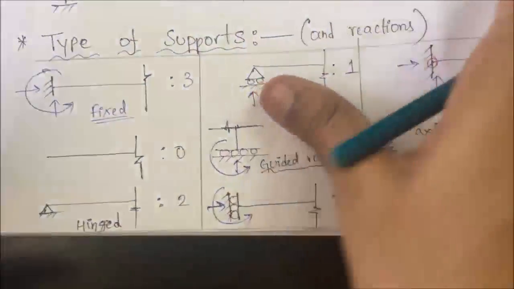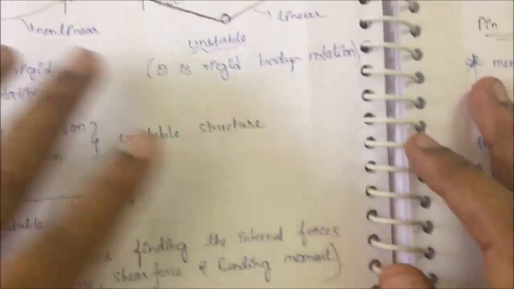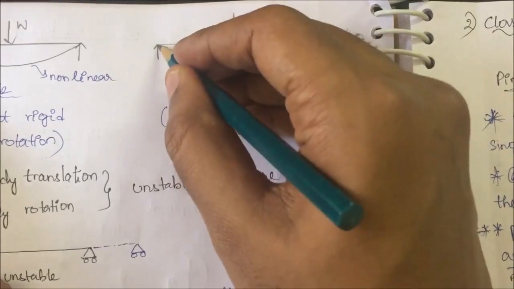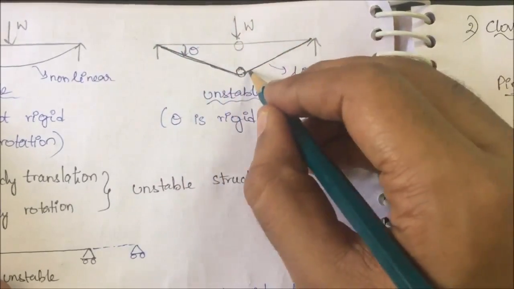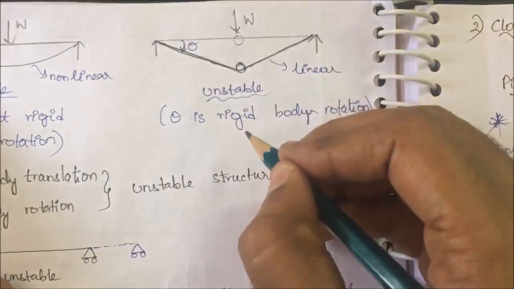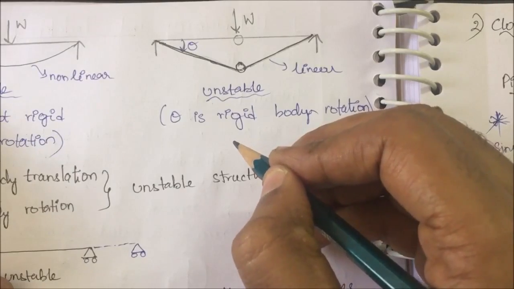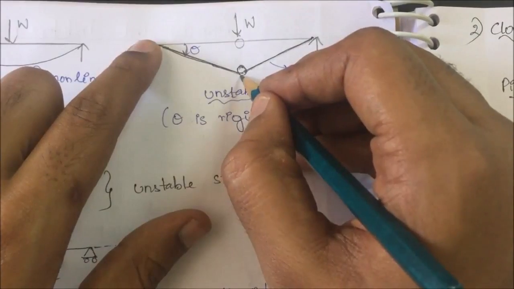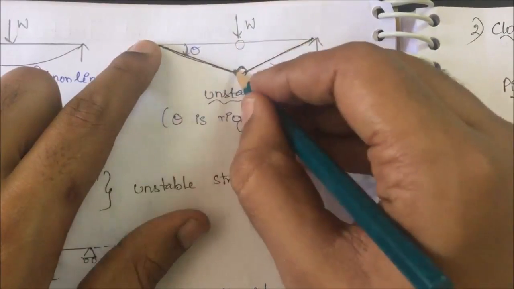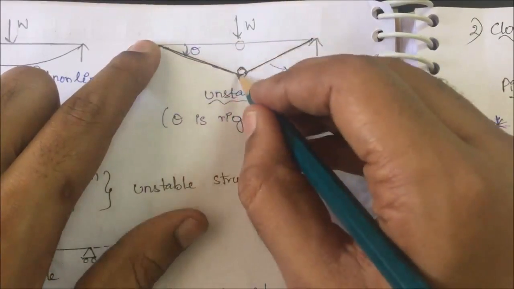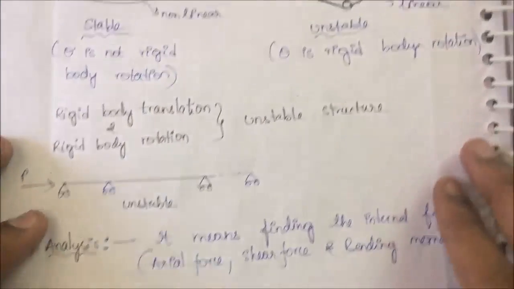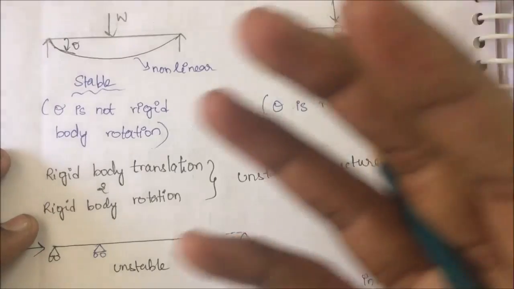So what I have just said is, if your rotation is linear, so if you are rotating something like this, then I will call it rigid body rotation. Remember, it is called rigid body rotation. Why? Your entire body has been rotated to a new position. There is no change in the cross section of this body, right? So it is called rigid body rotation. Fine. So let us see one more example of a mechanism